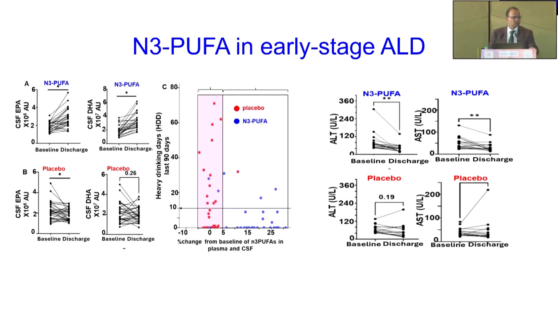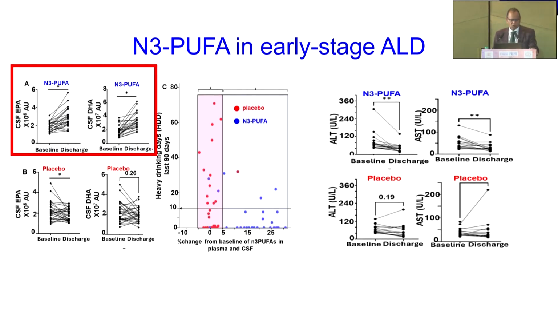This is another interesting molecule which we are trying to study in our lab and in our center, which is N3-PUFA, or polyunsaturated fatty acids. These are the results of a 12-week trial of N3-PUFA supplementation in patients with alcohol use disorder. Remember, these are not patients with liver disease. These are patients with alcohol use disorder studied at NIH, and this kind of study can only happen at NIH. They had a CSF examination before N3-PUFA was given, and a second CSF examination at 12 weeks after the PUFA therapy was completed. I'll show you the results here.